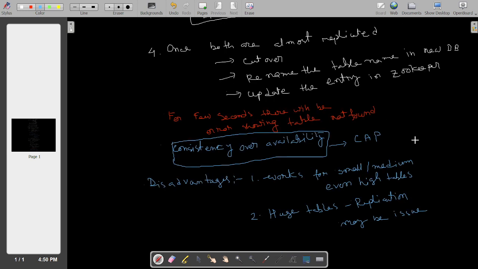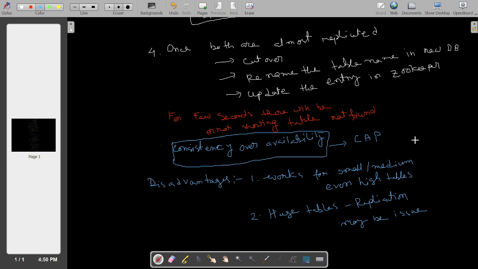While you are changing the table name and updating this, these are manual things, typical engineering stuff. So for a few seconds, there will be an error. Till now I haven't found any automated way to do that. For a few seconds there will be an error showing the table is not found, but it's very brief. Now, there are two things from the studies aspect.